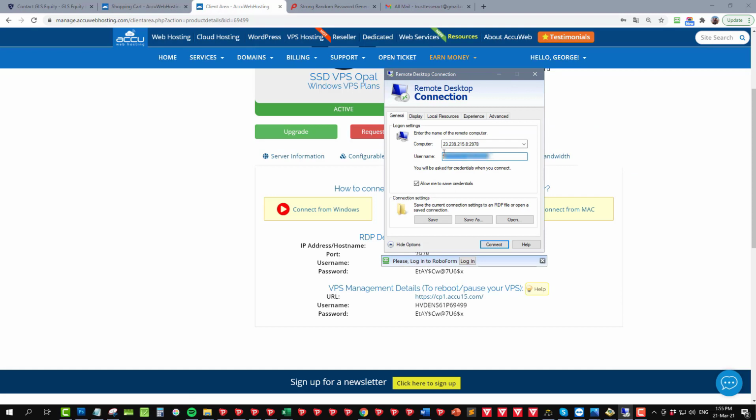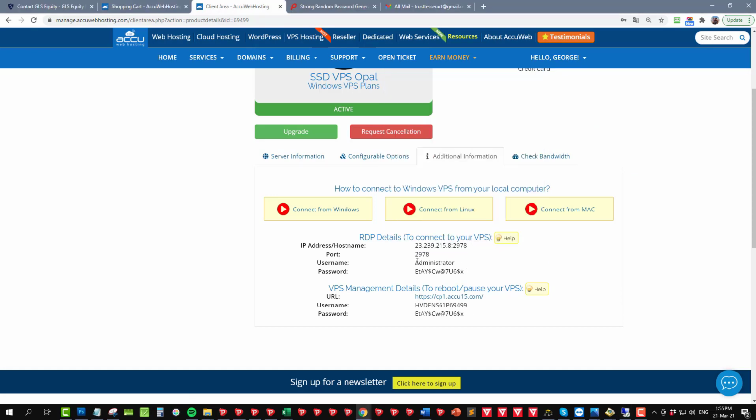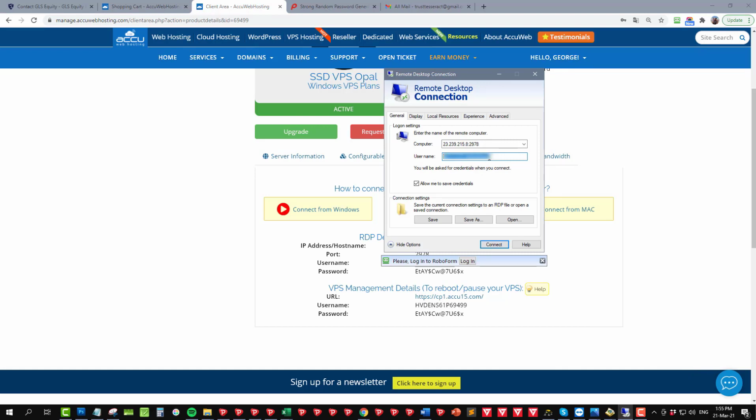Now the username we need to enter. Down here in the details we've got the username, and it's administrator. Basically everyone's will be the same. Paste that in there. You can obviously type it in as well, but make sure it needs to be a capital A at the start, and the same with the numbers. Everything needs to be 100% correct, otherwise it won't work. That's why we just copy and paste. So once you've done that, click connect,